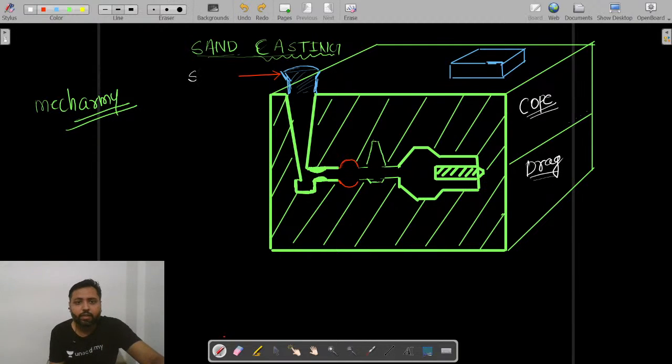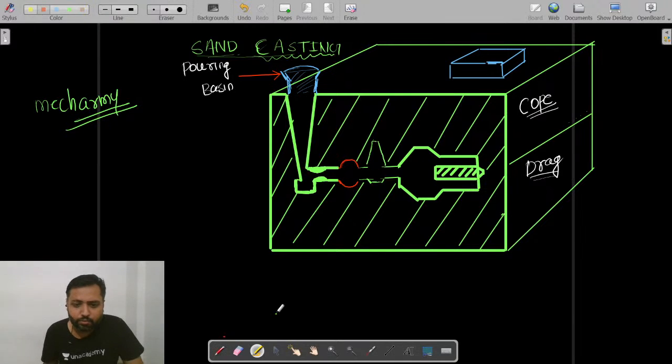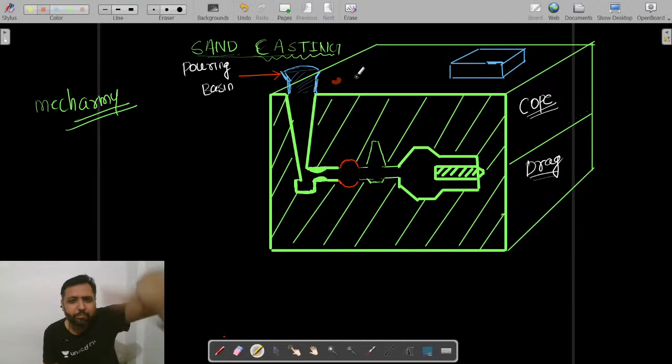You see, this is what you call as pouring basin. You can either impress the pouring basin there. What is here, dear? This is sand mold only, right? Sand plus clay plus water, whatever is here. So, if you use your finger and press a little,